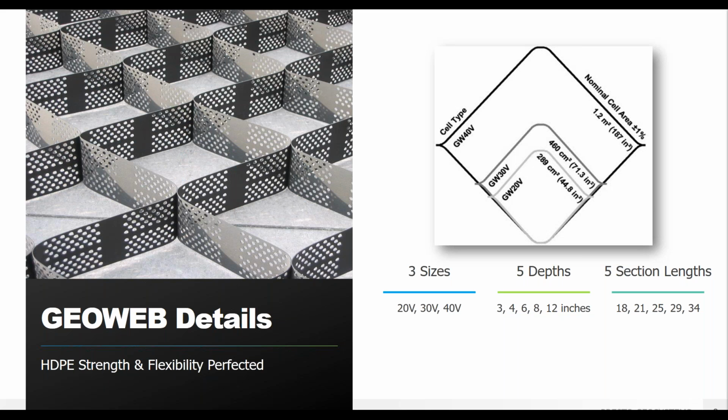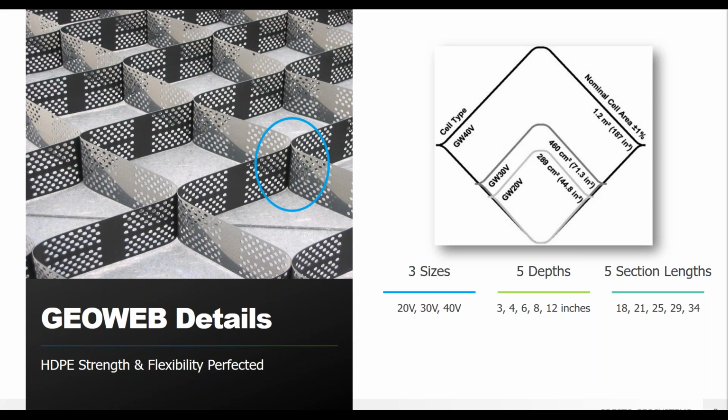So another thing to point out is going to be the ultrasonically welded seam, and that's going to be where all of these connecting points are. And so this is going to be really important to the function of a GeoCell. So the stronger the seam strength, the better the performance of the GeoCell. And GeoWeb is our proprietary version of the GeoCell technology. So a strong seam allows for heavier infill materials, steeper and taller slopes, and better overall lifetime performance.